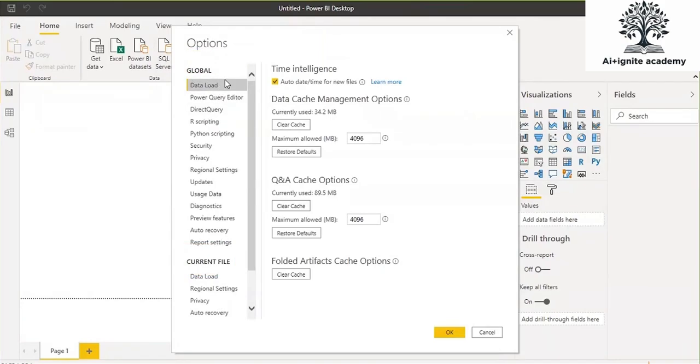Here you see some of the common settings which I am going to explain to you, although you don't need to change anything here. If you change something here, it would be difficult for you to get back to the default setting or to reset to default. Then the only last option you will have is to reinstall Power BI desktop. All right.